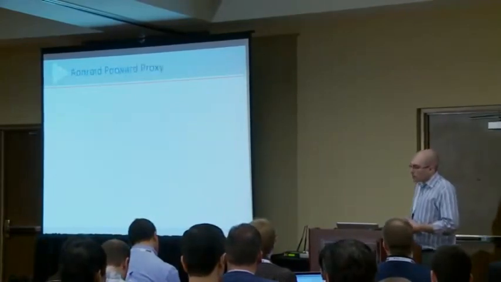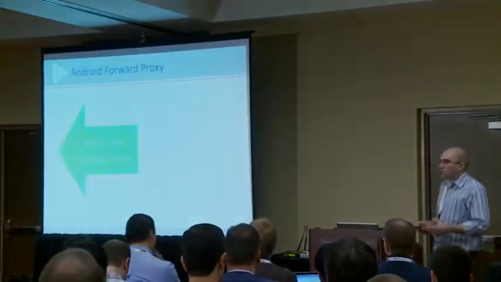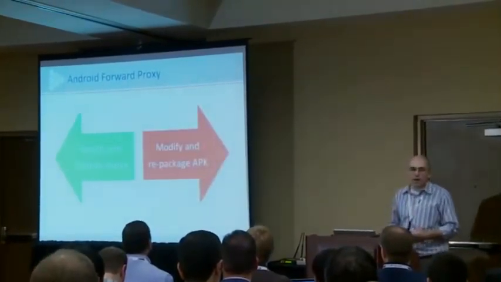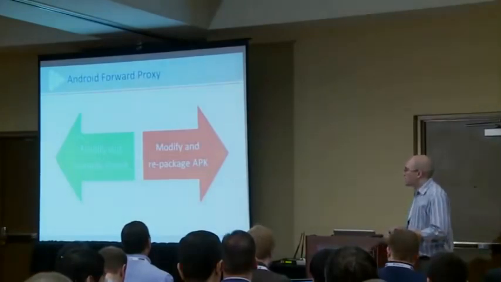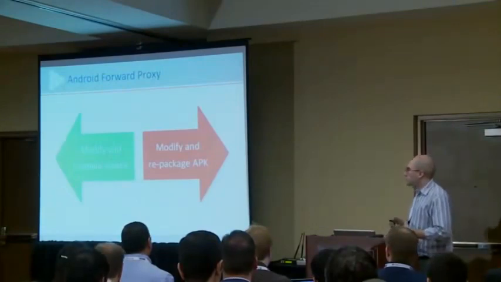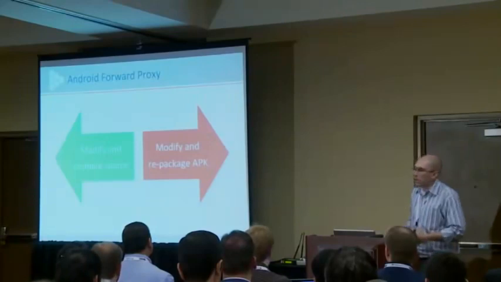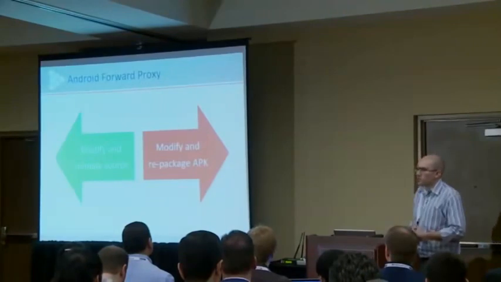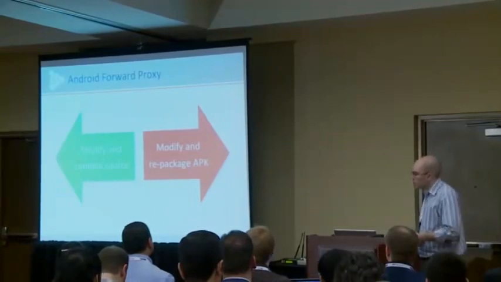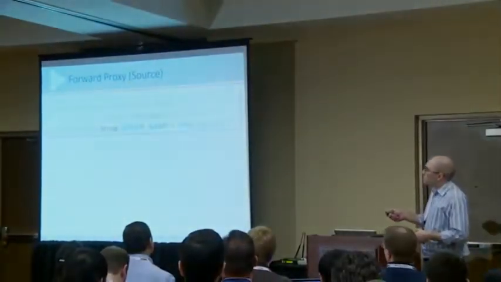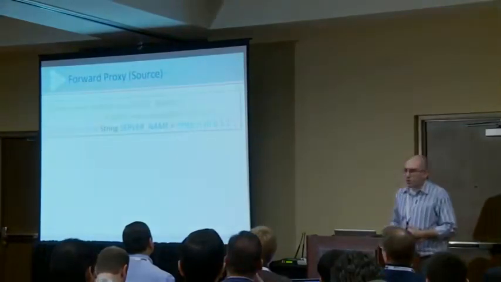But in order to get that to work, you have to either modify and recompile the source code, or you're going to have to try and decompile and hack the APK file, which also goes way down there. You want to get away from trying to manually edit the binary files if you can. It's not very consistent. If you've ever tried to decompile and recompile a jar of a Java application, sometimes it works, sometimes it doesn't. So ideally, to do this, you would have source code, and you would just change the server name in the source code to the location of your proxy.